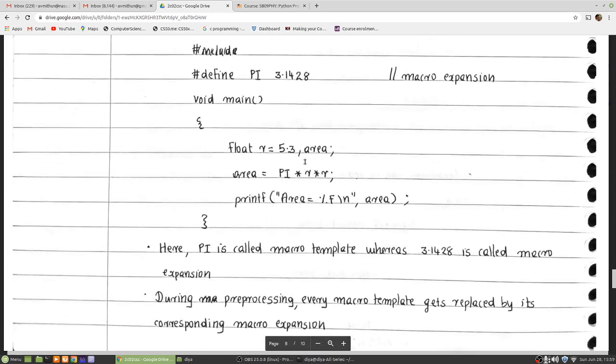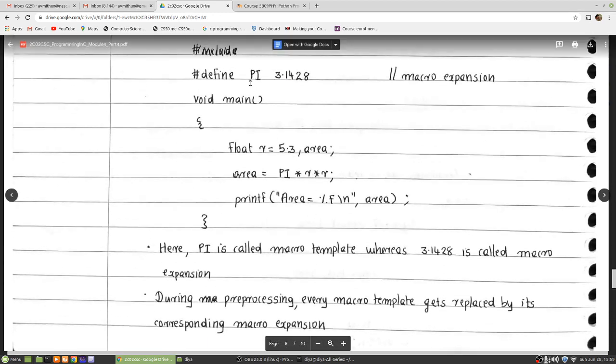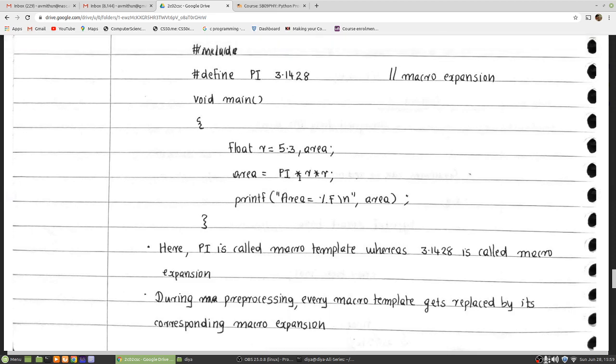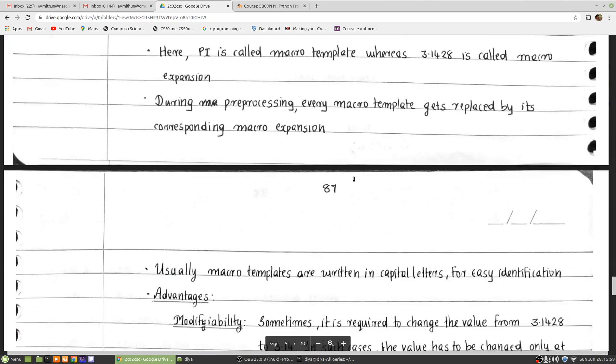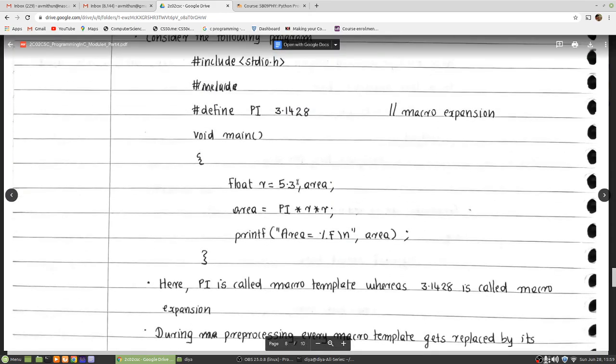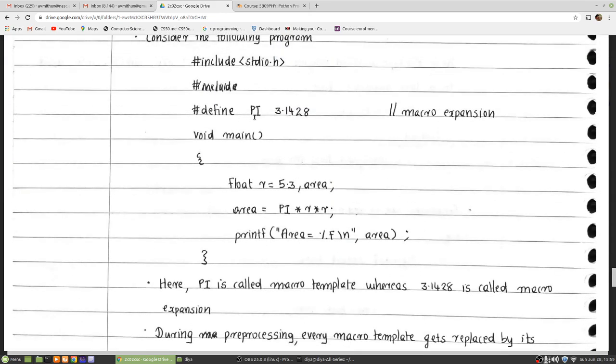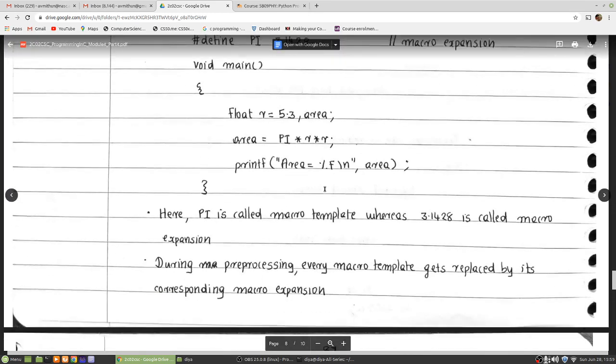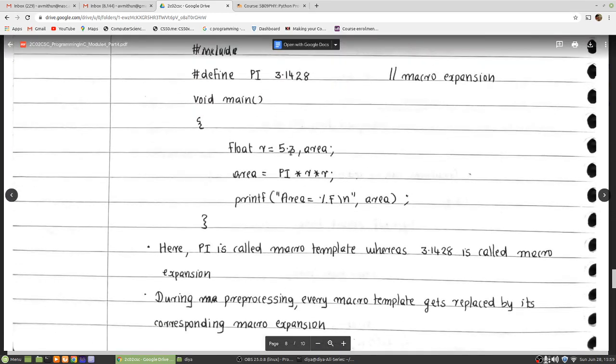Normally these macro templates are written in capital letters for better visibility. Now you can see that PI is actually a macro template which might be replaced with some other value. You have to look at the value here, 3.1428, and that value is written here, 3.1428. Before compilation, this program will become 3.1428 into r into r. Now you might think, what is the use of this? What is the advantage you are getting when you define a macro template? One of the advantages is understandability.